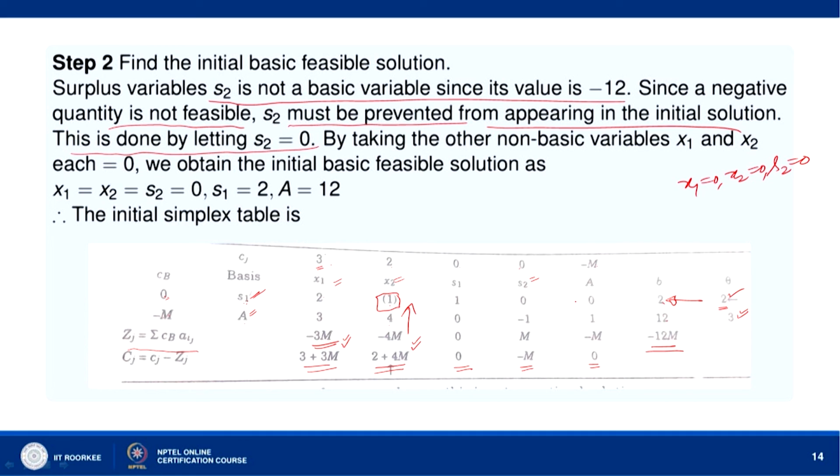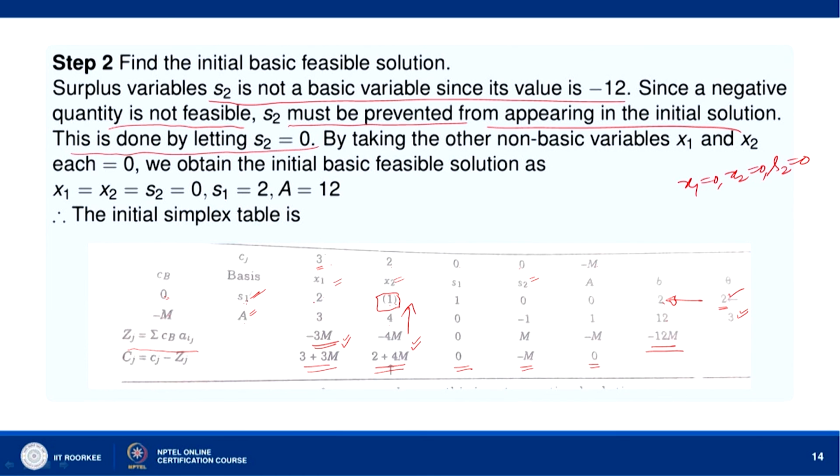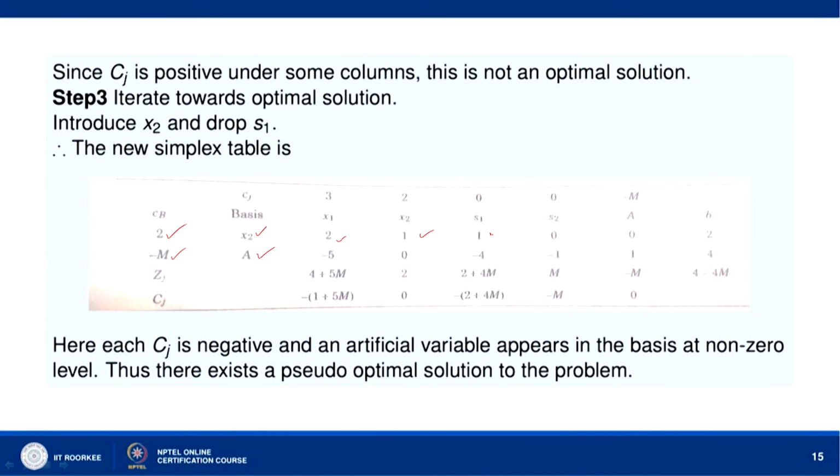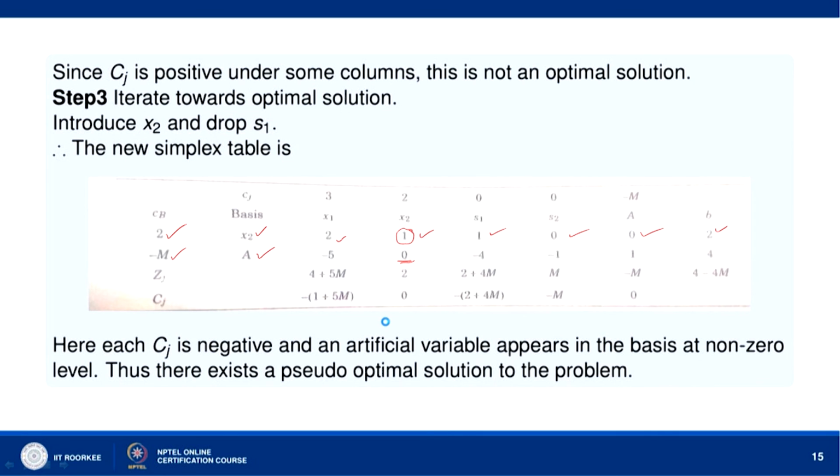Now, what we do? We divide the key row elements by this key element. Okay. So, when we do that, it is 1, 1 divides these elements, so they are unaffected. So, we get the same elements, okay. We get these same elements, and then with the help of this key element 1, we make this element 0, okay. To make this element 0, what we do? We have to multiply the elements of this row by 4 and subtract from the elements of the second row.